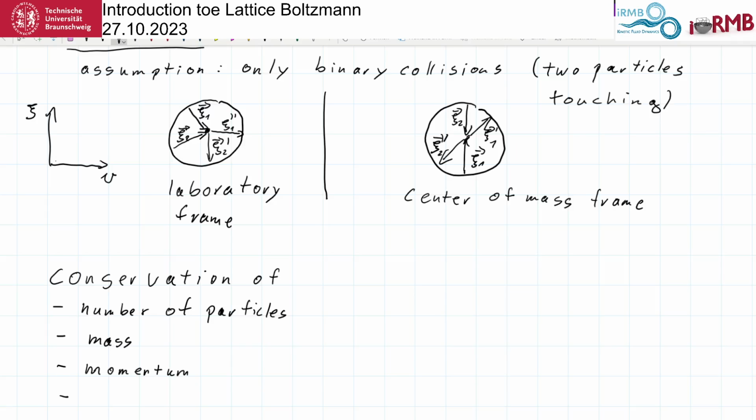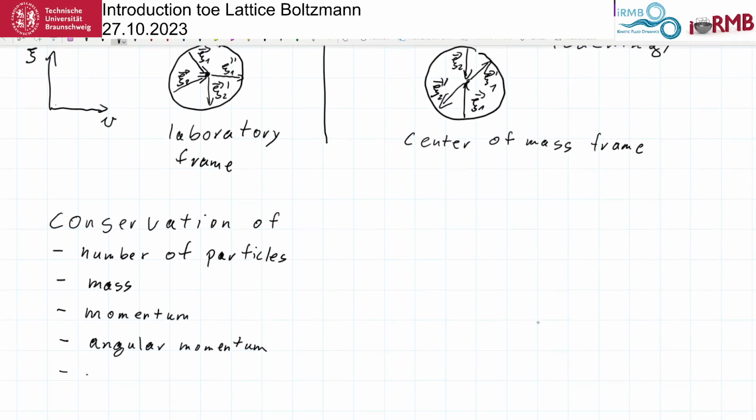But what would also be conserved is, of course, the angular momentum, because it has none. Because they are going head-on, so there is no angular momentum. Zero angular momentum in, zero angular momentum out. Angular momentum. And then, of course, energy. So now energy is, of course,